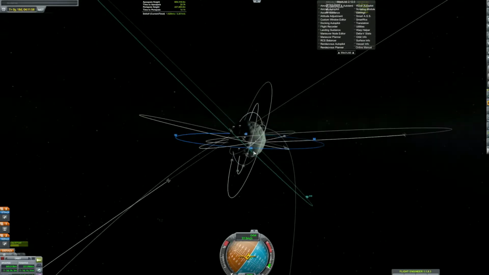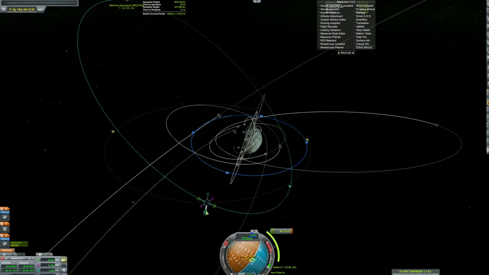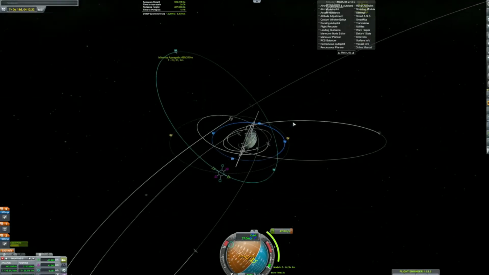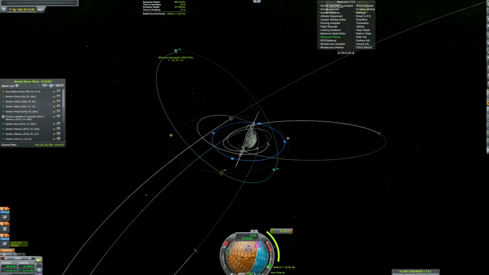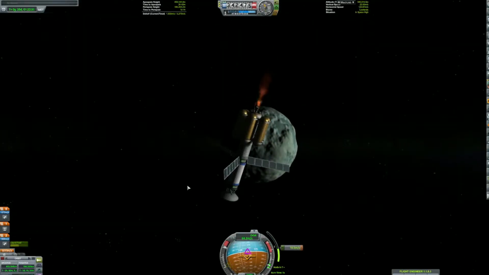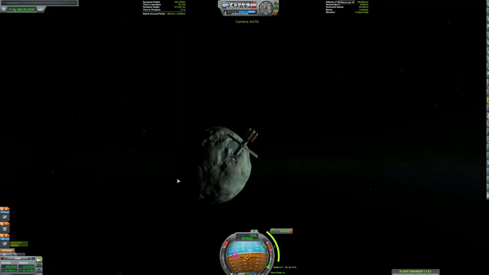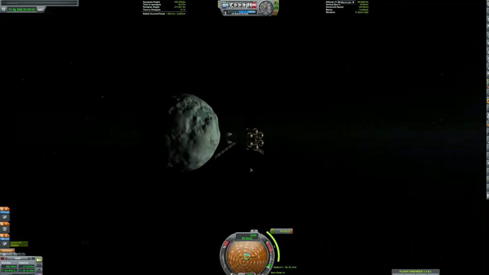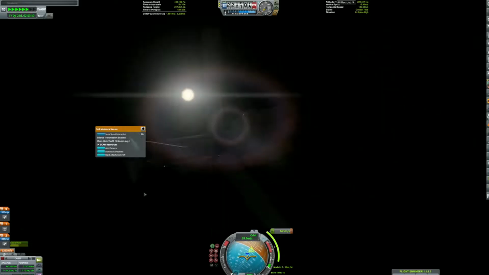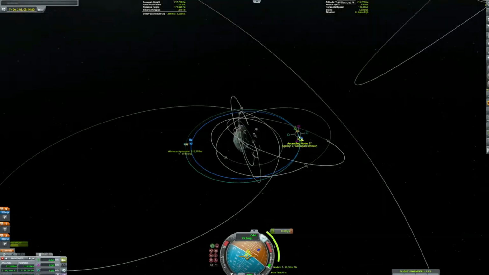Now we're in orbit of MINMUS, and we have to change our overall angle, or what is it, the inclination around MINMUS, because we're coming in at a really high inclination, but what we need to do is about equatorial. So we're burning at the descending node, I believe, and we're now basically going to circularize around MINMUS, not circularize, but lower our periapsis